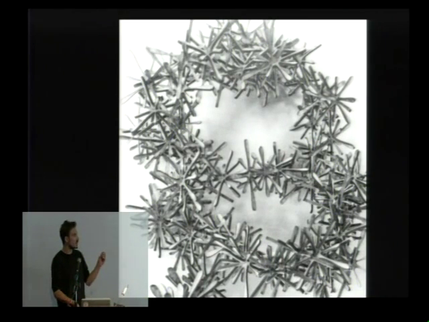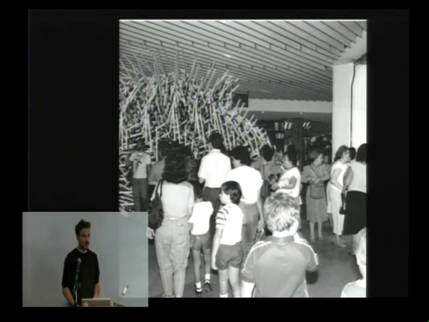So the interesting thing is how you translate a very complex parametric model into a fairly experimental physical model. The idea is that the physical model doesn't have to lose all the power of the digital one, which is not so common, I think. These are other views of the project.